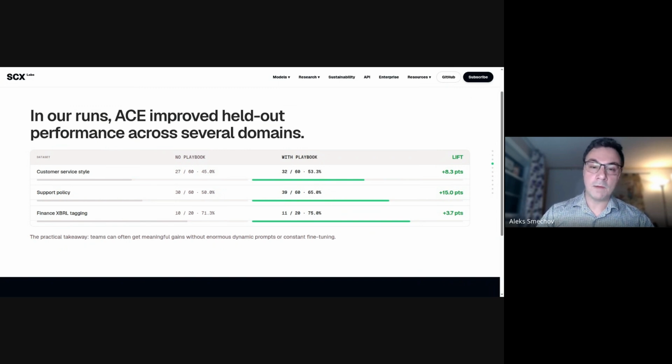The biggest lifts come from domains full of small, specific operational rules with lots of edge and failure cases, exactly what generic models miss and fine-tuning won't capture in real time. These are rules like, if a customer reports a damaged package, ask for the order ID before promising a refund. Or if a customer asks about delivery timing, ask for the tracking number before quoting a timeline. Stuff like this needs to be consistent, and that's where ACE shines.